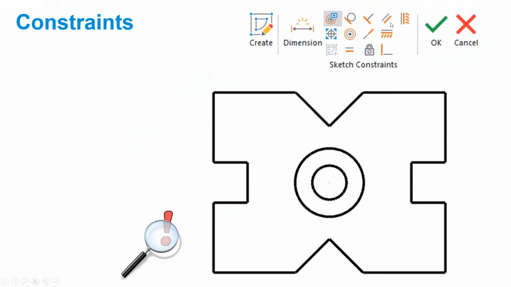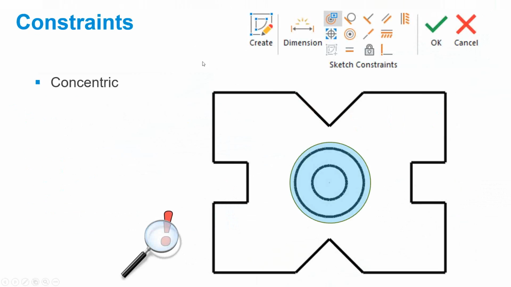So constraints. This is the page you will see. You can see the toolbar in the top right hand corner here. And the key to all of this is we hit the create button before we start any sketching. Once we've done that and we start to sketch, constraints are automatically added of a variety of different types. But we can then remove or control those according to our needs. So the types of constraints that are available are